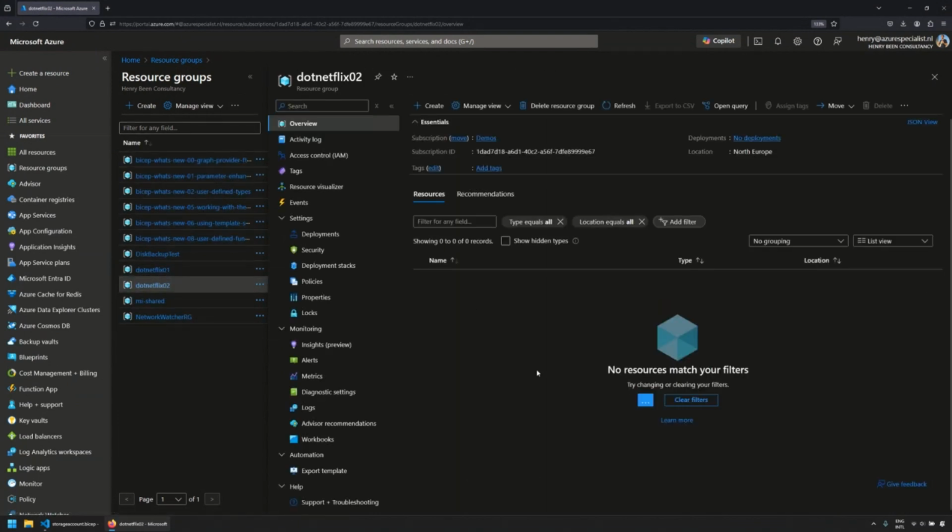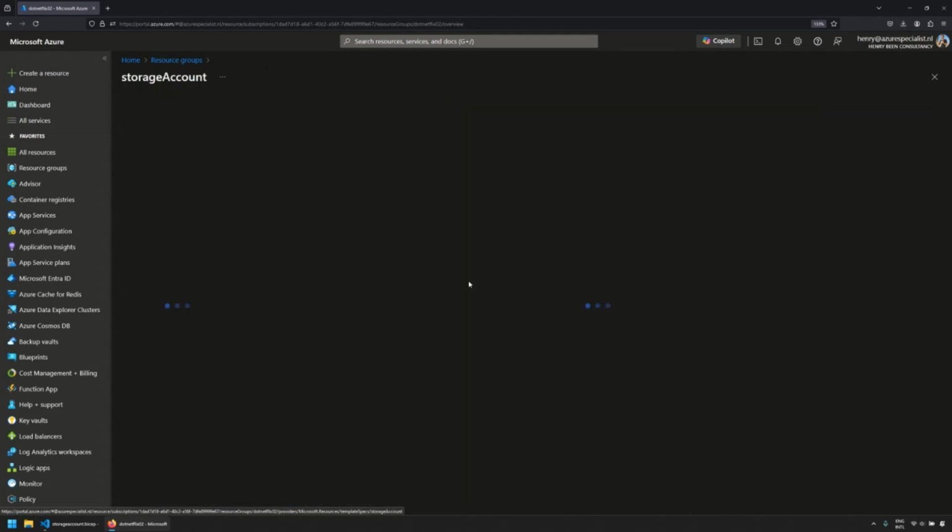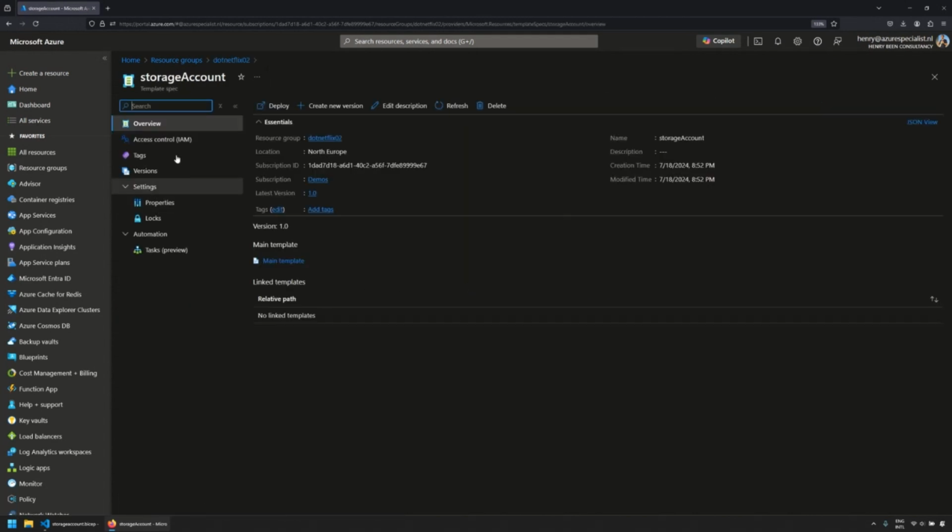And there is this thing with template specs. Deploying the first one, it takes about 30 seconds to a minute for it to show up. But once you have deployed one, and you're going to add number 2 and number 3, they are instant. So there is something behind the scenes that for some reason it takes a while before the first template spec shows up. But I've babbled for long enough. Here it is. It's another resource, and I can open it.